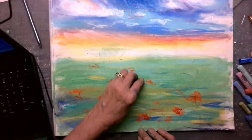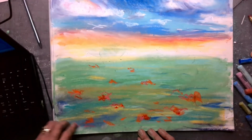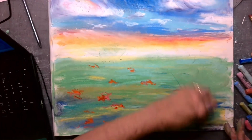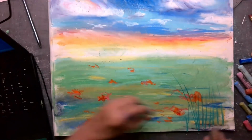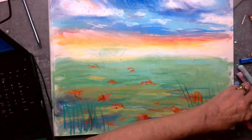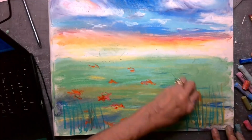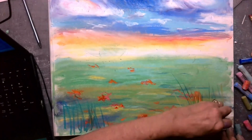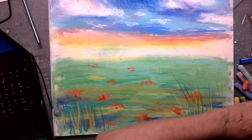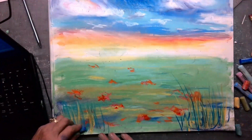Now, obviously, this is just a rough sketch, a diagrammatic sketch of where colors go. But what you'll notice here is that if I put in tall grass to make it seem like I'm standing on a hill, maybe, and looking down on all of this, but just that green doesn't quite work. According to atmospheric perspective, things that come forward, such as this grass is very forward, need to have different strokes and different colors. So the more you see these different strokes and different colors,